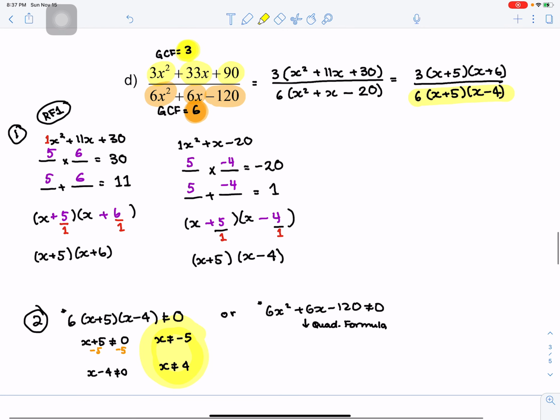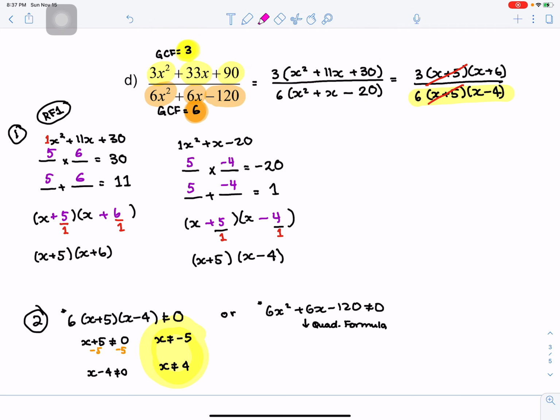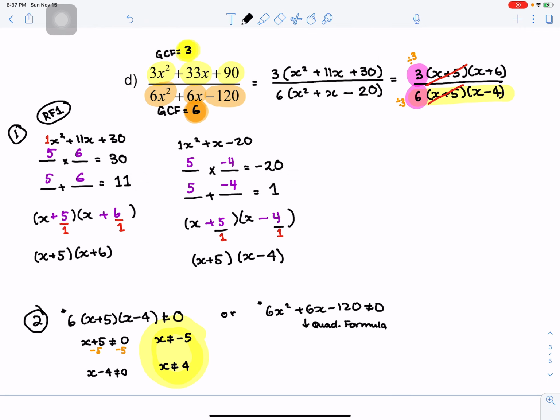So I'm going to come back and simplify my expression. Do I have anything identical? I have an x plus 5 and an x plus 5. Now, this part of my expression is two fractions. They're kind of factored out in the front. I'm going to divide this one by 3 and this one by 3. I'm not changing the question. 3 divided by 3 is 1. So I'm going to get x plus 6 on the top and a 1 out front if you feel like writing it. 6 divided by 3 is 2, and then I have my x minus 4 that's left over,